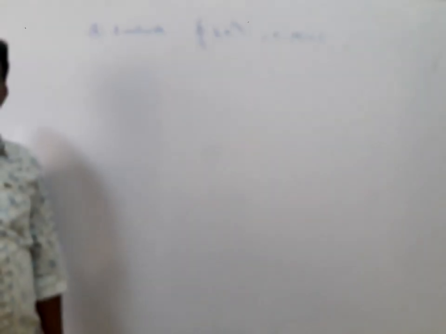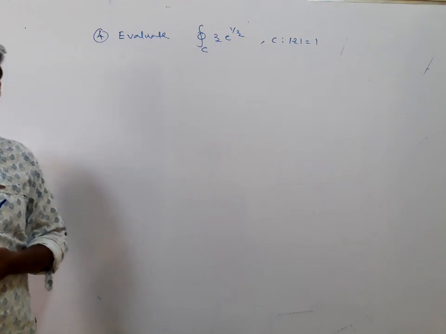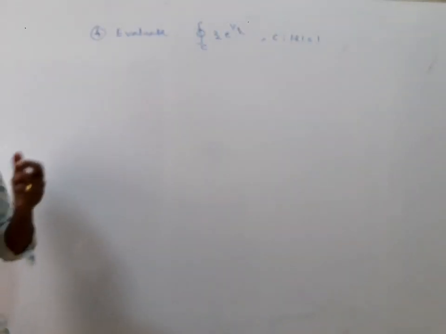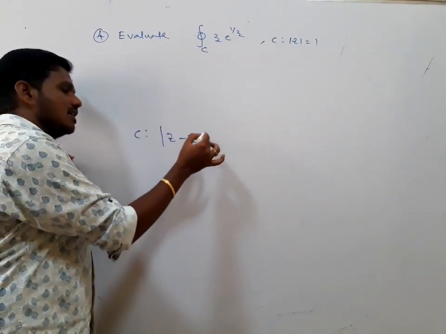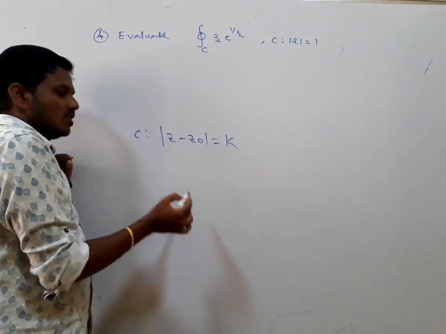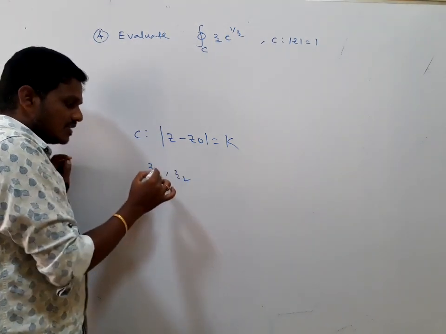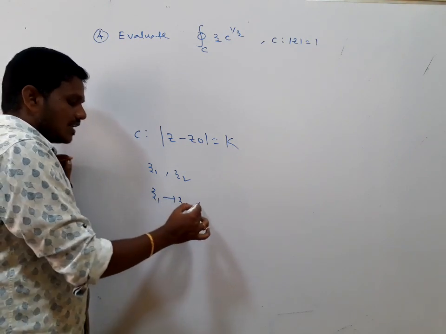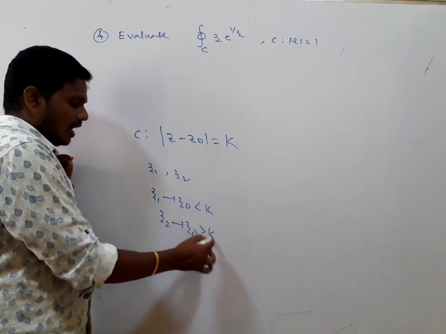It is easy when we have mod z equals 1 or mod z equals k. If you have mod z equals k, it is a circle centered at 0 and radius k. If you have mod z minus z naught equals k, there is a problem, right? You can find the distance to whatever pole or singularity exists here. Suppose you have the region C, mod z minus z naught equals some k, and you get poles z1 and z2. If the distance from z1 to z0 is less than k, it is inside. If the distance from z2 to z0 is greater than k, it is outside, right?